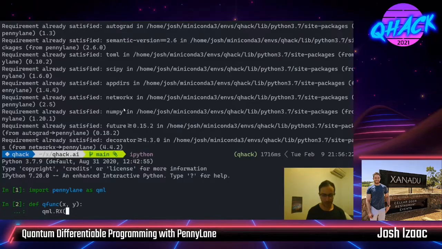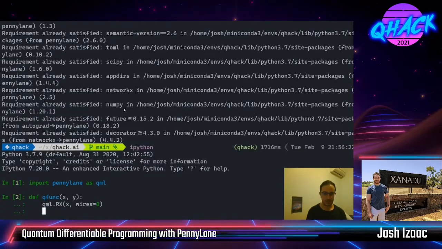And I'll start by having an Rx rotation, taking parameter x on wire 0, and an Ry rotation that rotates by value y, also on wire 0. So a very simple circuit. And in PennyLane, we use the terminology wires to refer to qubits. So by saying wires equal 0, I'm applying an Rx rotation to qubit 0 and an Ry rotation to qubit 0